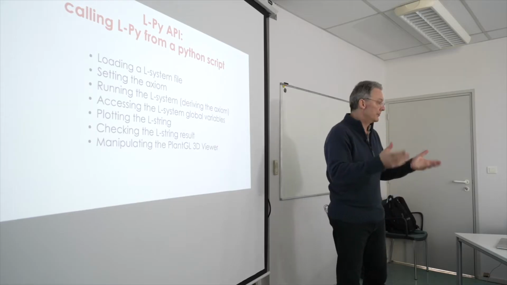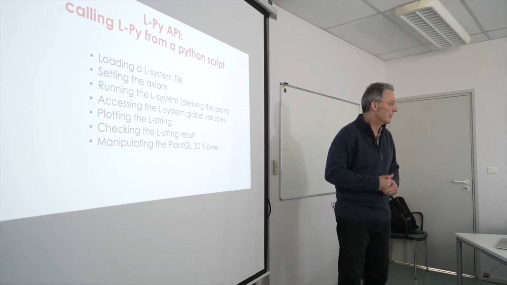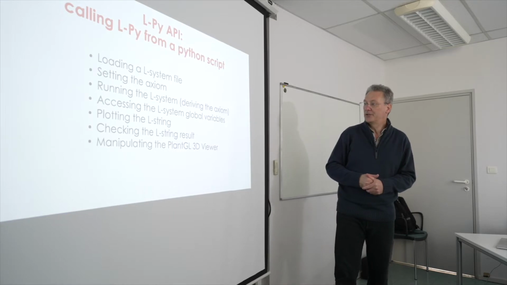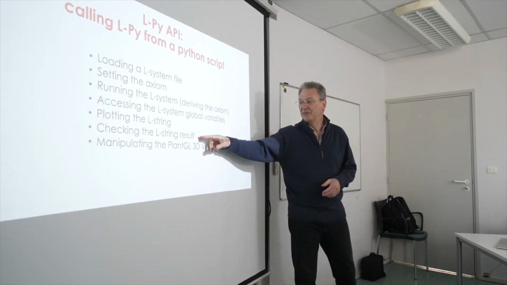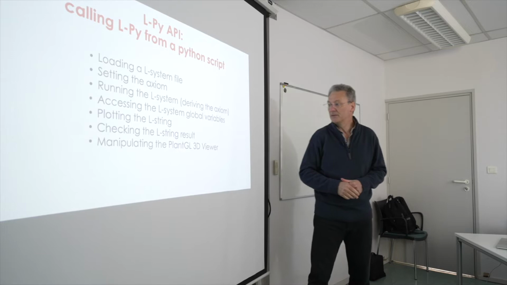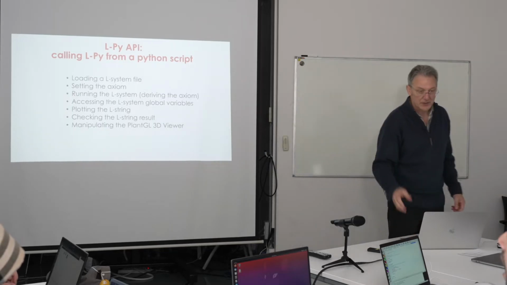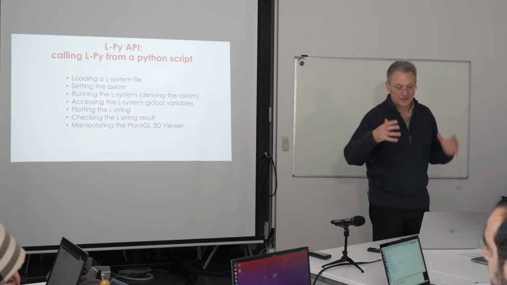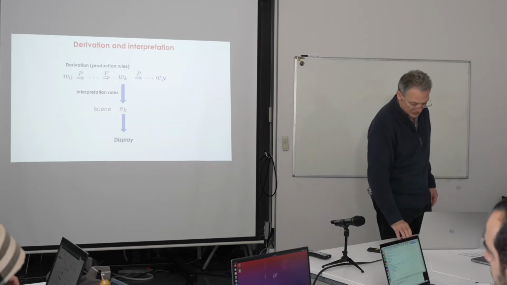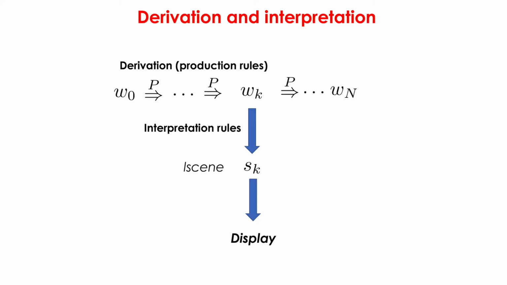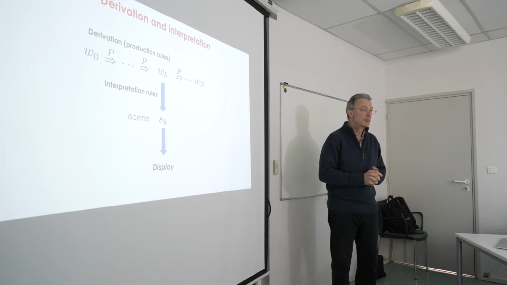You want to plot the LString, inspect the LString result, and then potentially manipulate the viewer so that you can manipulate the camera, set up the 3D view in the way you like. So we will briefly browse the different ways we can do this